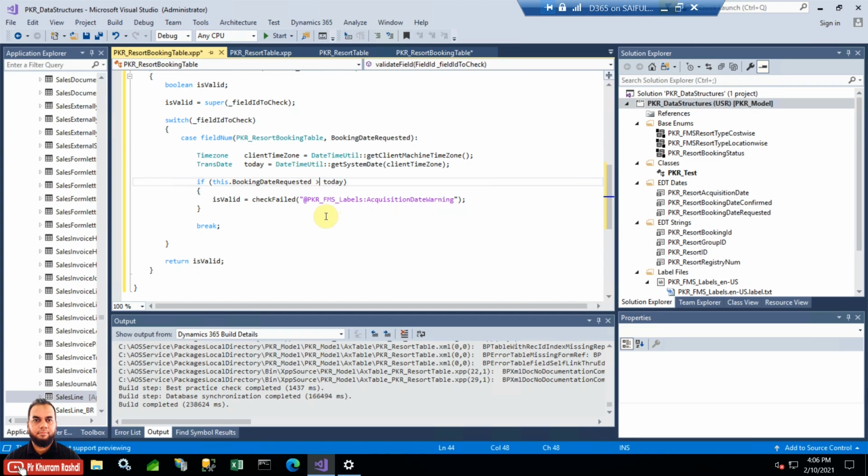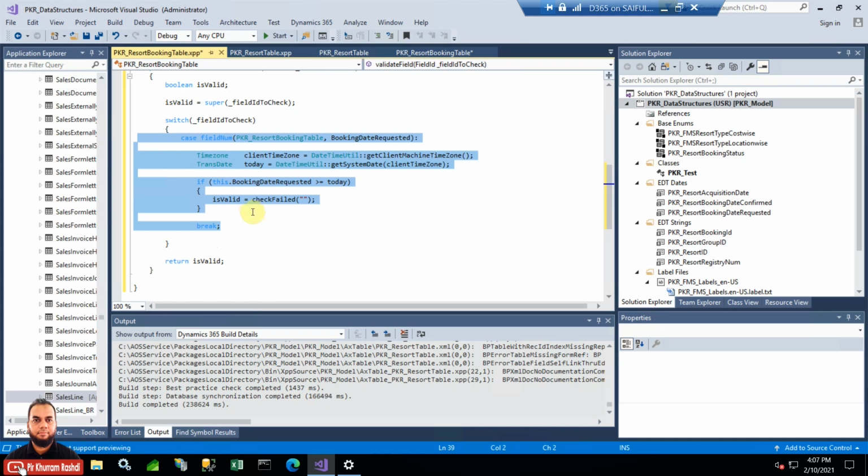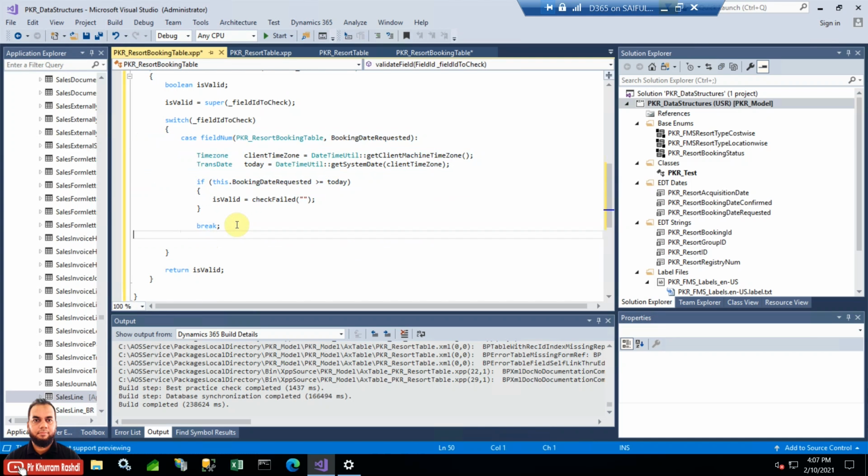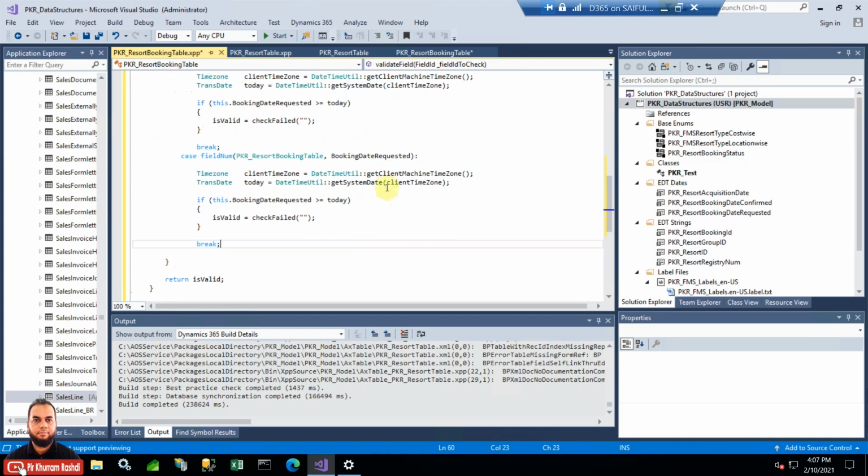It can be today's date, but it cannot be a past date. So what we can do is make an equal sign as well, and the label we will just replace, no problem for that. And now we can implement another case by copy pasting the same case,